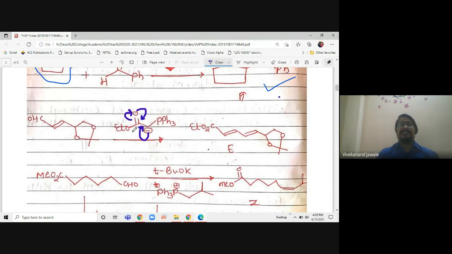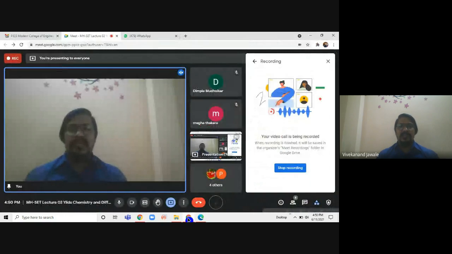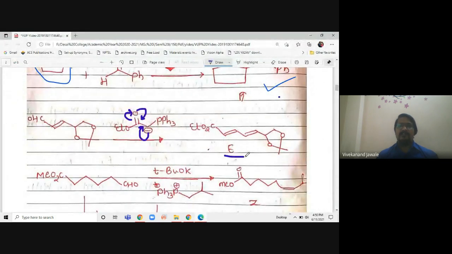So this is known as a stabilized halide. Okay, this particular structure is known as a stabilized halide. So if you have a stabilized halide, we will always get the E product. And E means what? Trans. Okay, yesterday we have seen that it is trans because hydrogen is here, and it will give us an E product or trans product. So you have to remember this type of question is again asked: stabilized will give E, unstabilized will give Z.